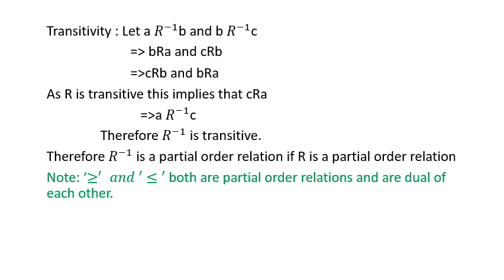And we can also say about divisibility and multiple. That means if A divides B, we can say that B is a multiple of A. So this divisibility and multiples are both partial order relations and a dual of each other. You may check that divisibility, we have seen, is a partial order relation. Then please check that multiplicity is a partial order relation.